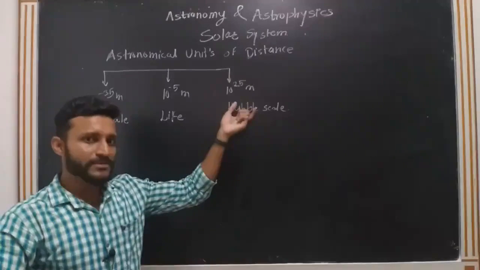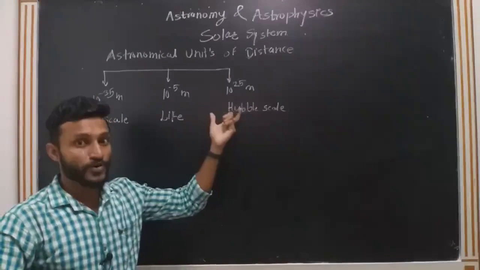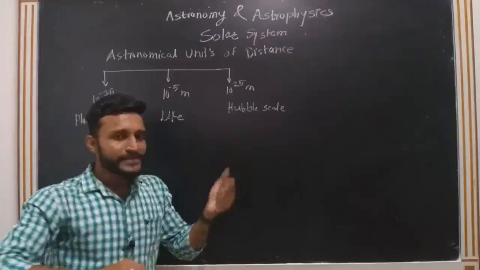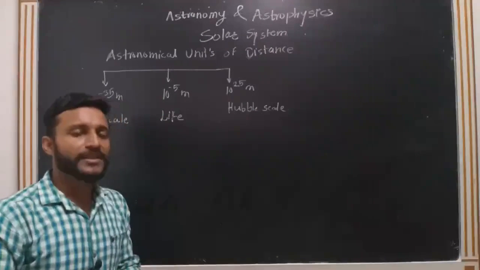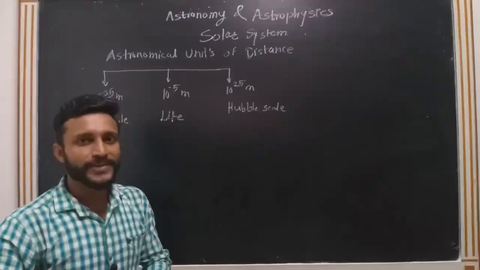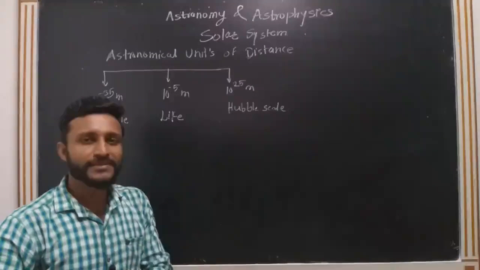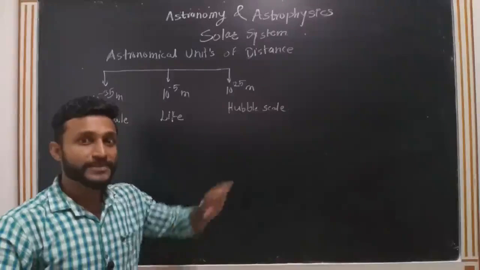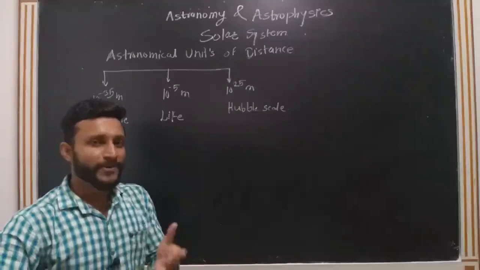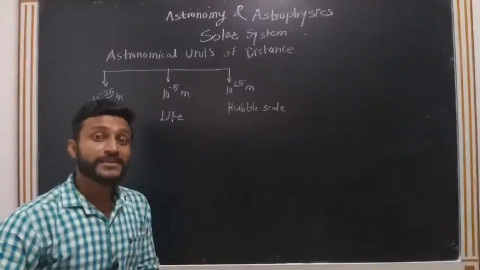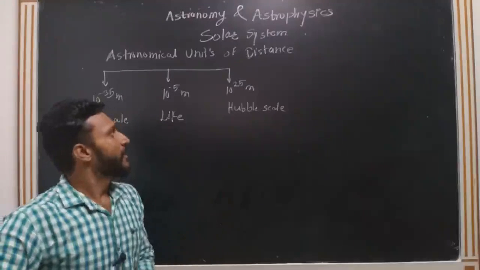This is the largest scale up to which we can go, or which we can see. The Hubble scale is much larger than the distance light travels in 1 year, because space itself expands much faster than the speed of light. Anyways,